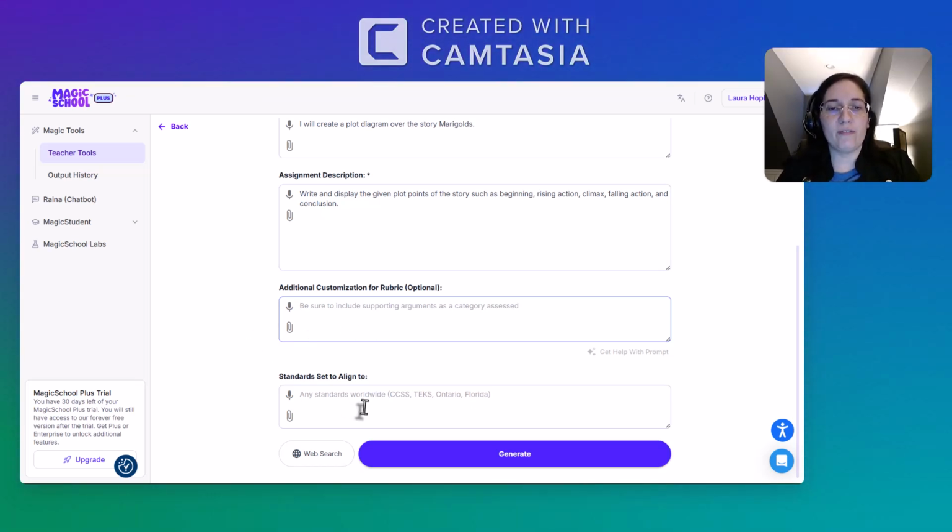You also, if you have TEKS or Common Core standards from different states, you also can copy and paste them here. But for the sake of this tour, I'm just going to show you basically what it can do, even without these things, how powerful Magic School AI could be. So down here, I'm going to click the Generate button,